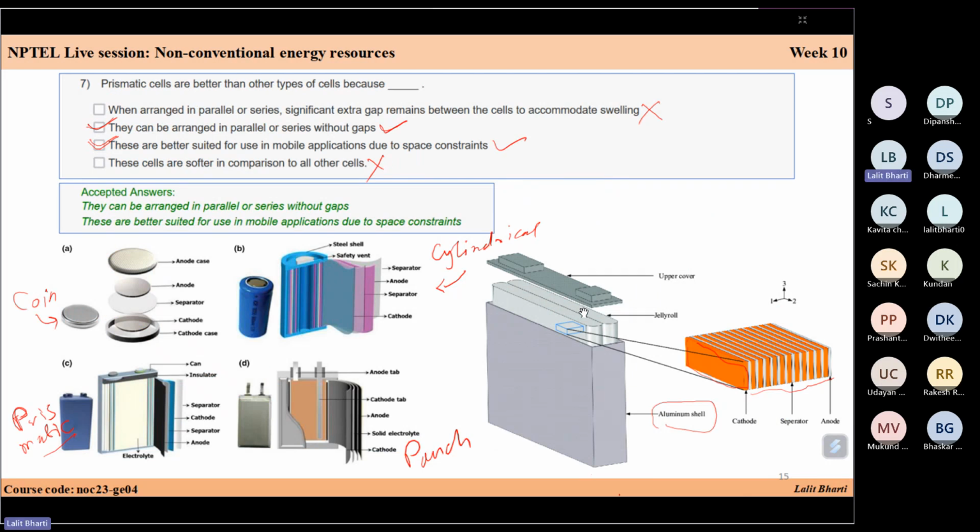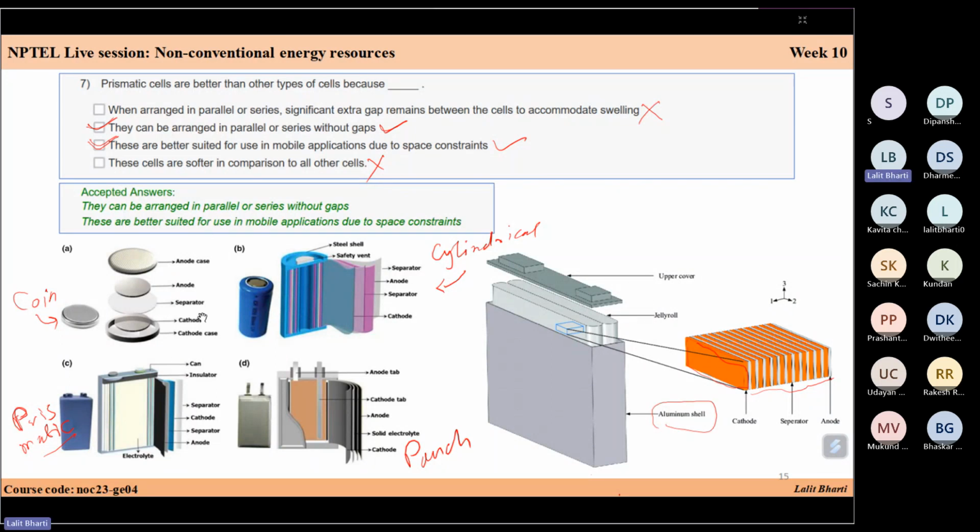Then we see the different types of cells. So prismatic cells are better than other types of cells because when other cells are arranged in parallel series, significant extra gap remains between the cells to accommodate swelling. They can be arranged in parallel series without gaps. These are better suited for use in mobile applications due to space constraints. These are softer in comparison to other cells. So